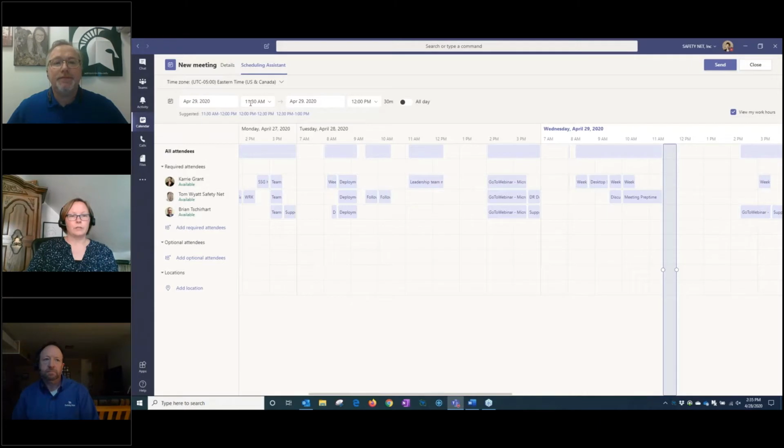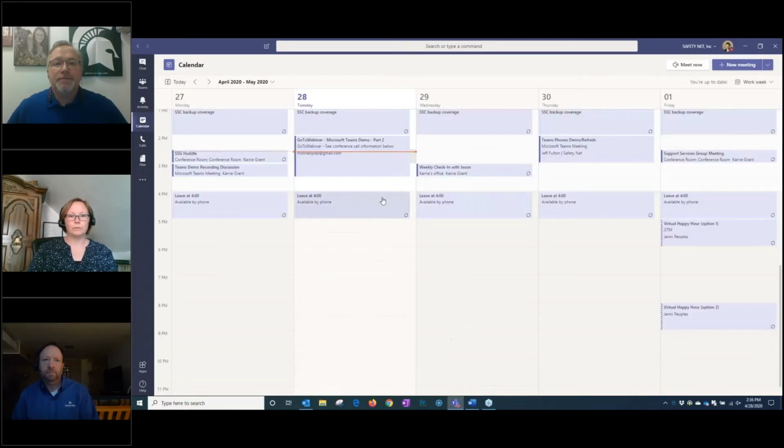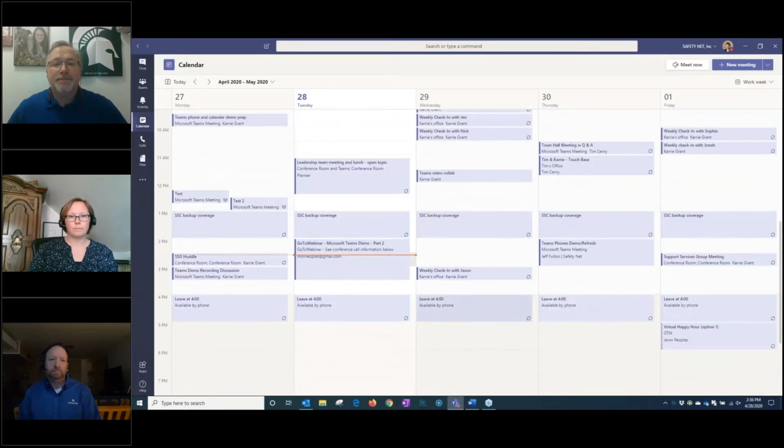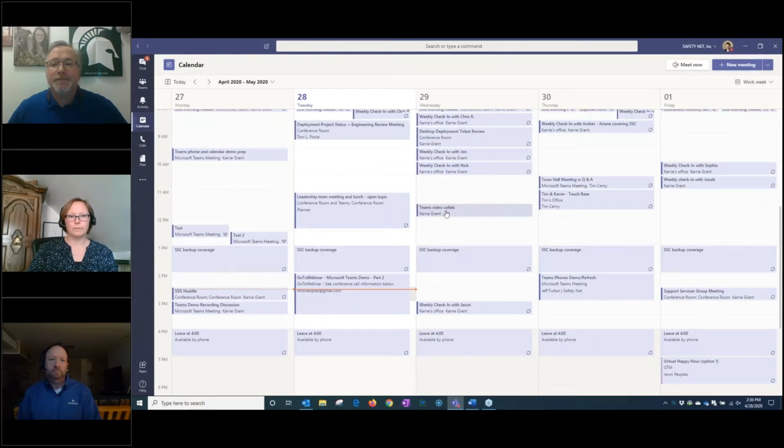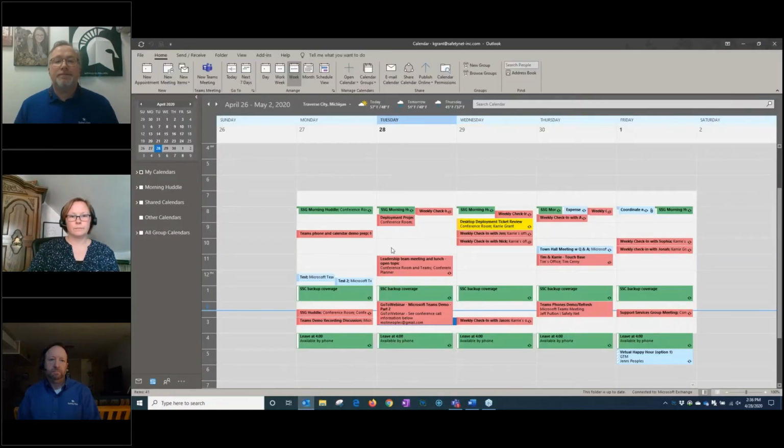And again, I can adjust those details from right up here as well. And then I'll go ahead and say send. And if I go to, I now have that on my calendar for tomorrow, right here at 11:30. Now, if I go to my Outlook calendar, that pops in right there, Teams Video Collab. And if I look at Tom and Brian's calendars, it would be popping in there as well